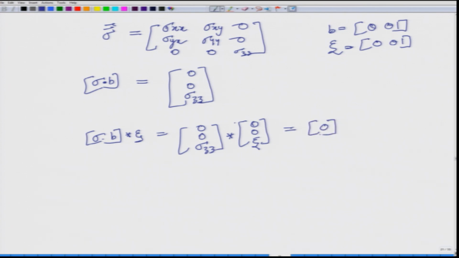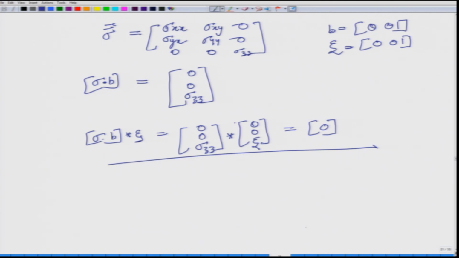So, the previous method was where you used the expanded form and you looked at all the parameters. This is a more compact way to solve it, because you already know the sigma is arising because of which particular dislocation. So, you write it in this form, then you know what the Burgers vector is. So, this is 0 0 1 and you can quickly get to this form of the equation. Sigma dot b will condense to this form, and then sigma dot b cross E, you will say okay, this is equal to 0.